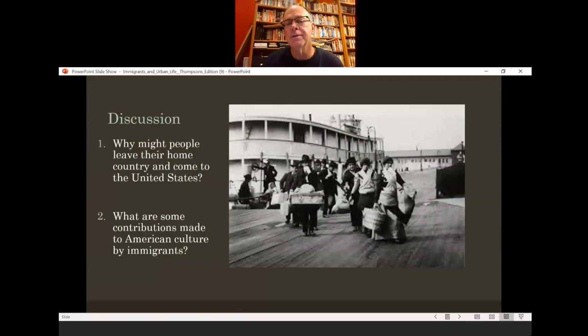You'll notice from this picture, these are people that are getting off a boat. This happens to be Ellis Island. And it may look like, man, they're really carrying a lot of stuff there. But really, this is what they've chosen to bring with them to their new country, their new life. And so, really, it's not that much when you think this is all they now possess.